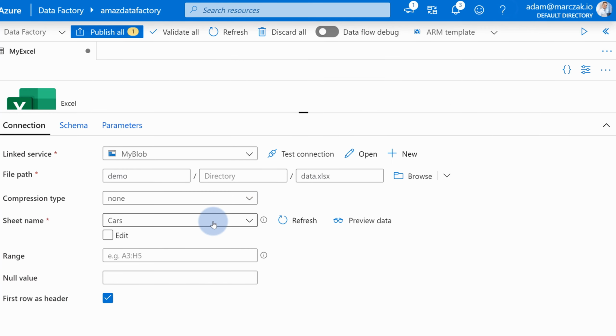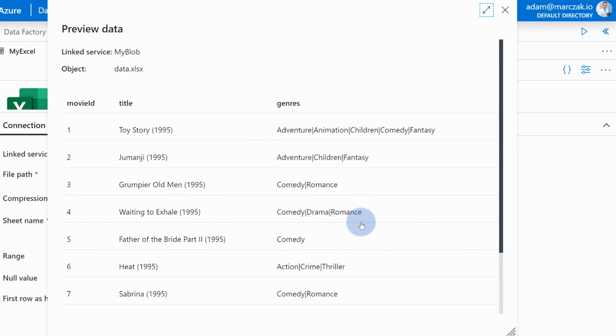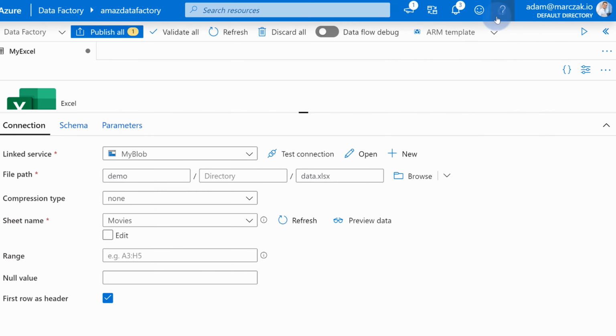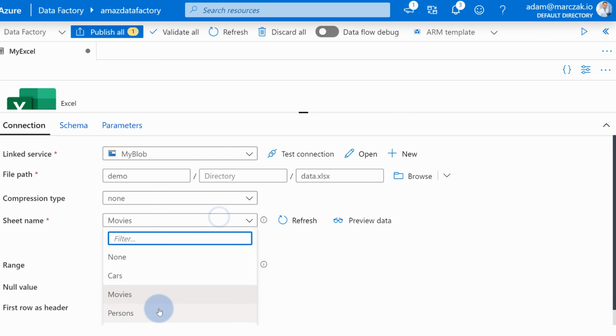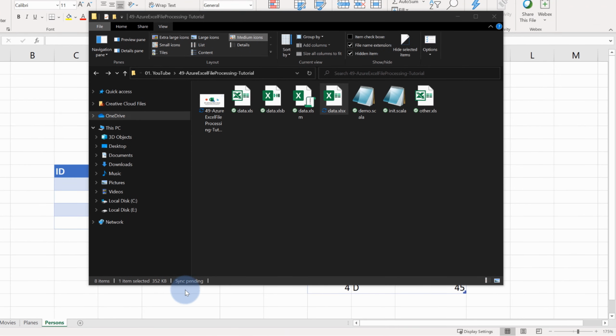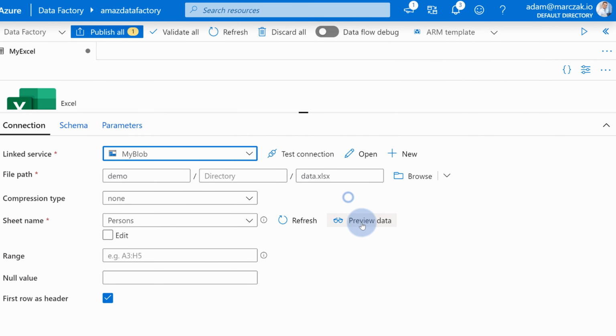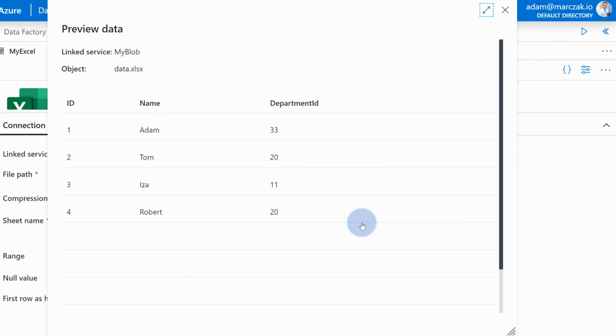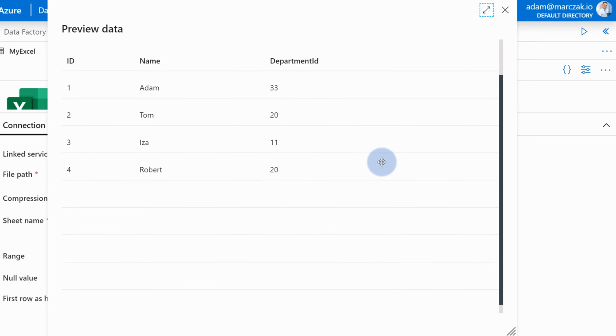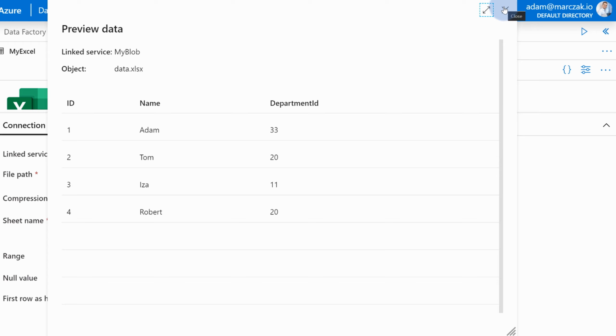If you want, you can select different tabs, like the Movies tab, again to preview the data if you see the movies data. One thing that I want to show you first of all is to change to that Persons tab. If you remember in my Excel, the Persons tab is this more complicated one with 2 tables. If you hit Preview here, you will see that more or less, it grabbed the data because it was able to detect the table in the middle of the sheet, but it grabbed a bit more rows than necessary, which is not ideal, because in the end, Data Factory